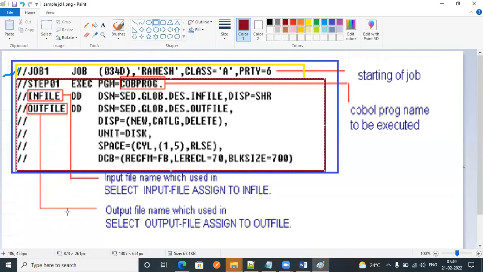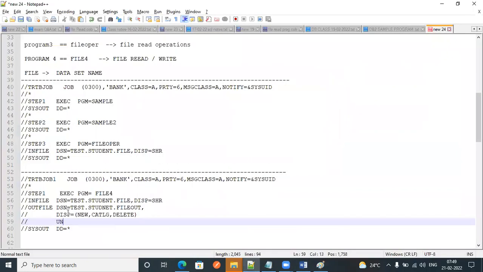What are the space parameters? Space equal to cylinders 1,15.